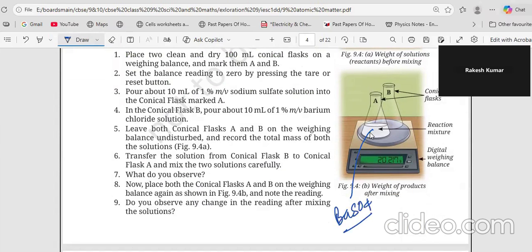Why do we do this? Because we know a reaction has happened. Otherwise, how do we know a reaction has happened? We use barium sulfate in this specific reaction because we can see the white precipitate and we know a reaction has happened, and then we see whether the mass has changed. You see the mass he's saying is